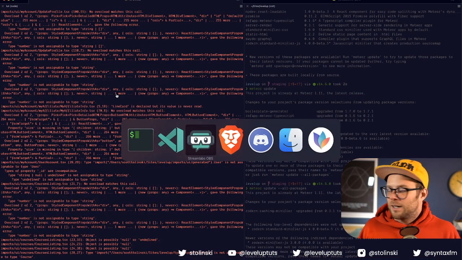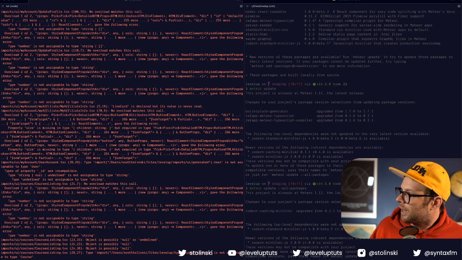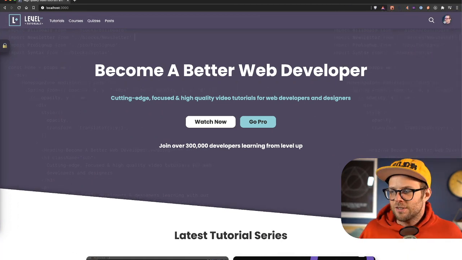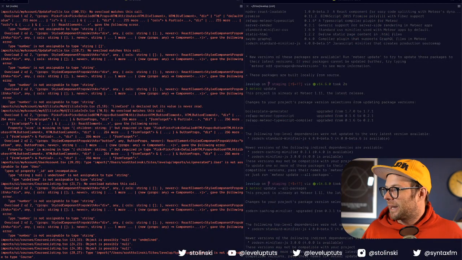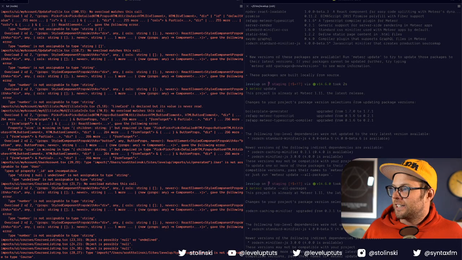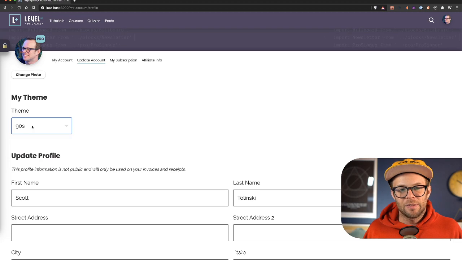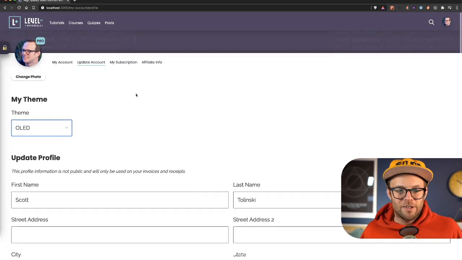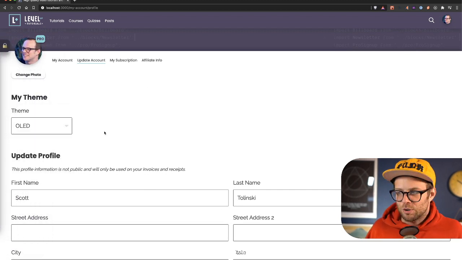In fact, let me pull this up. For those wondering about Level Up Tutorials GraphQL, our entire API is GraphQL using Apollo and Meteor. So this is the page. Let me actually just make sure this won't have my address or something on it real quick, so we can look at the page itself. And I'm glad I checked. It did not have my address, but it could have. So this is the page I'm working on. It has the ability to change your theme, update your email, change your password, whatever. I don't know why it didn't actually change the theme here. Might be because I'm doing some work on it. Either way,